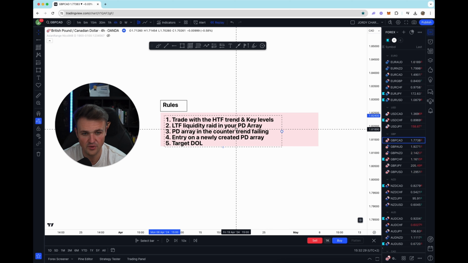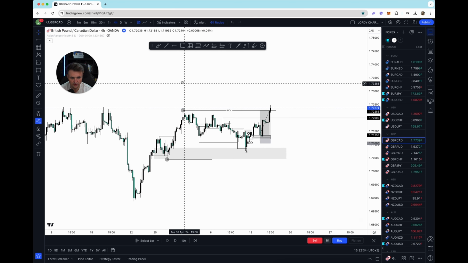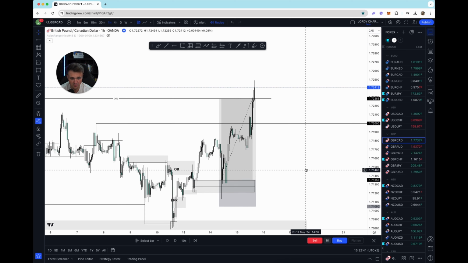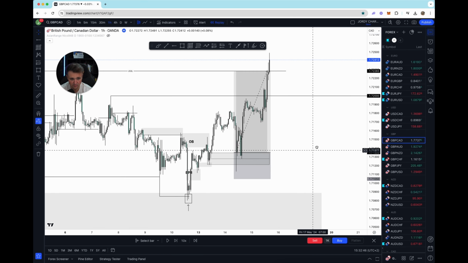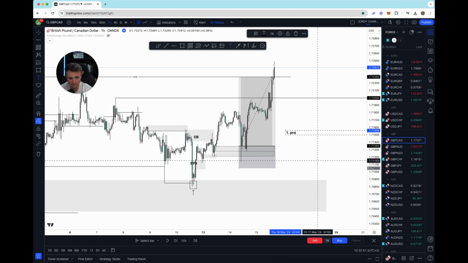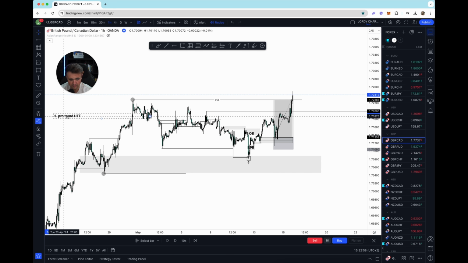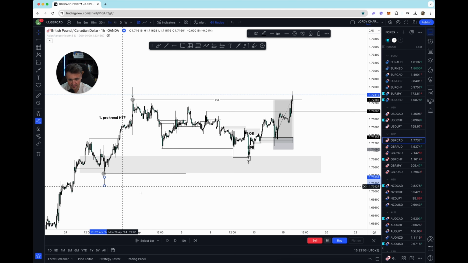So again, to recap, let me take this box right here. Let me show you here in the bottom. So we have our steps right here, quite simple. Where's my box? I didn't copy it. Okay, doesn't matter. We have pro trend, higher time frame, because we are creating higher highs, higher lows. This is point 1. As you can see here, we have our higher time frame high, higher time frame low.